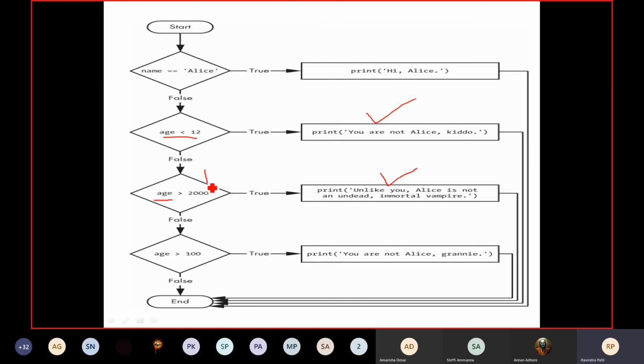If this condition is also false, and the age is greater than 100, then the message says you are not Elias and you are a granny. Finally it ends with this. So again, whenever we have more than two possibilities, we go for the elif statement.